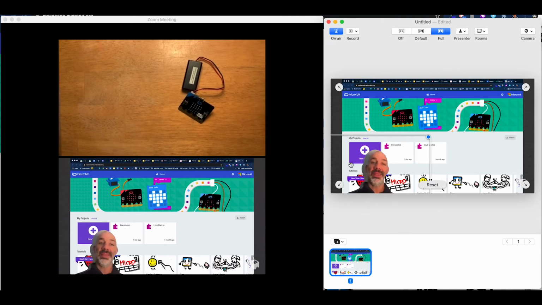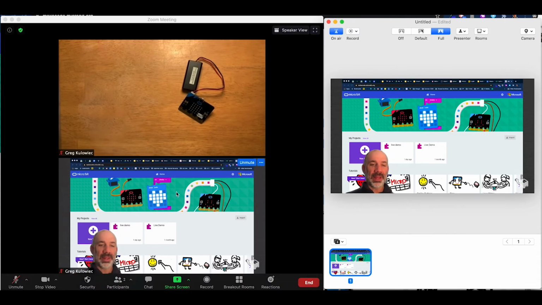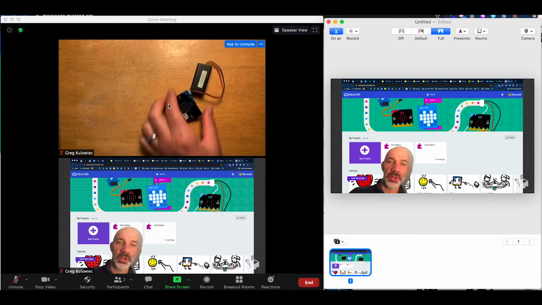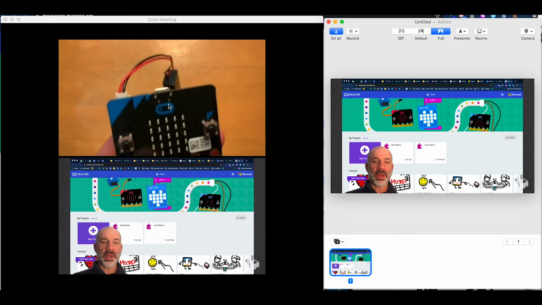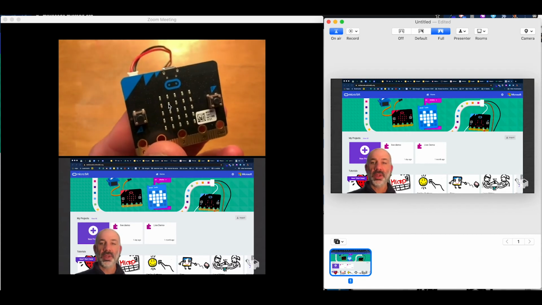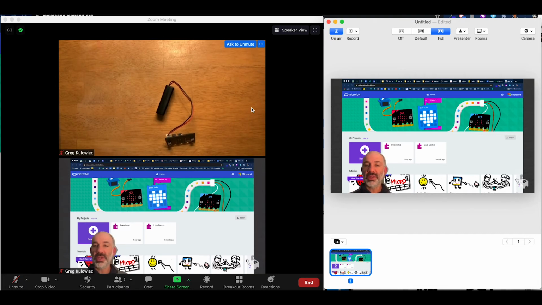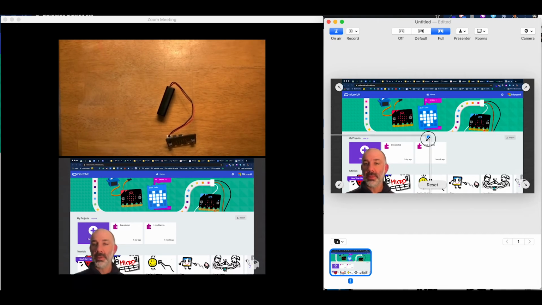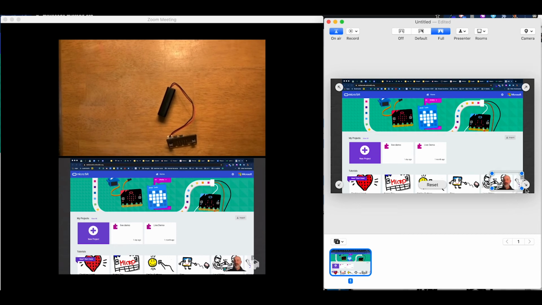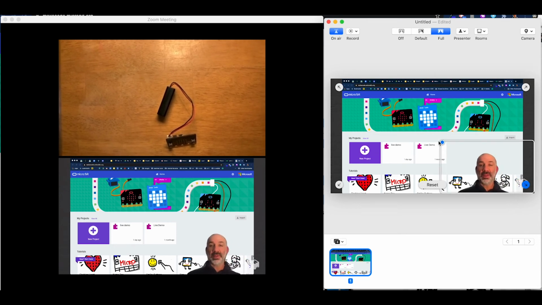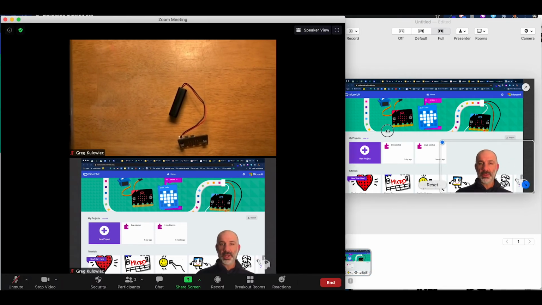the microbit coding environment. On the left-hand side, I have my laptop running Zoom using my front-facing camera down below from the laptop view, and then this is my kind of external view with my iPad that's showing the device. So I can demonstrate the coding and then show the device. So I'm showing you this split screen so you can see how I'm able to kind of hide myself, put myself in the corner over here, and it kind of translates over to Zoom right away, make myself a little bit bigger. So what I can also do right now, just to show you what this will look like, I'll